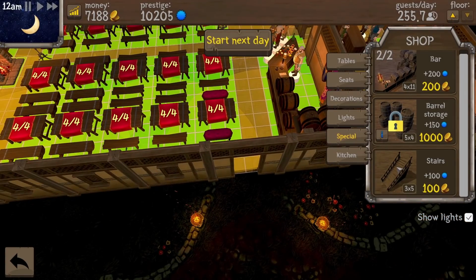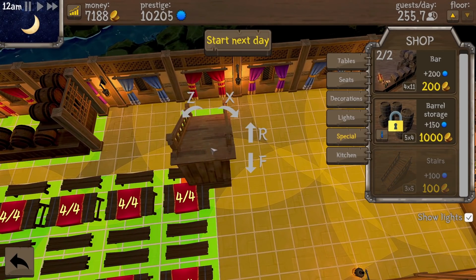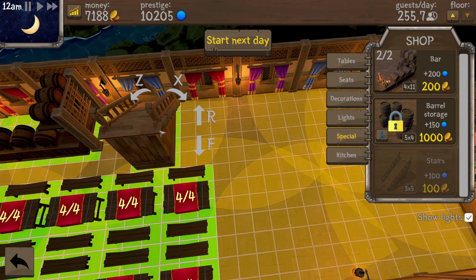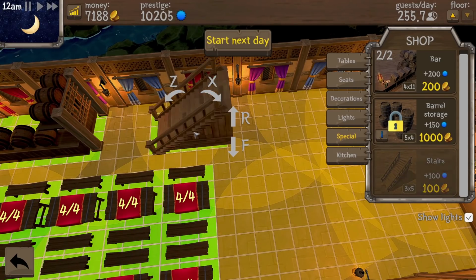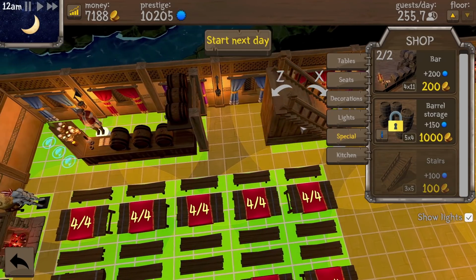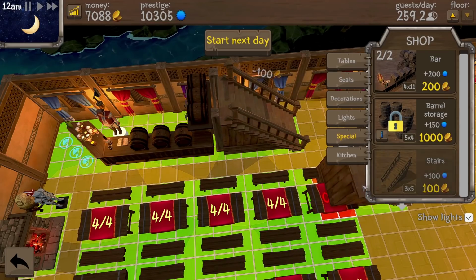Where are we going to put the stairs? We should possibly put those in now. I mean, can we only have one set of stairs? I kind of feel like they would go well... Hang on. Can we have them going... No, not that way. Like that. Can they sit just there? Because then that kind of covers the space at the back of the bar. If we put the stairs there...